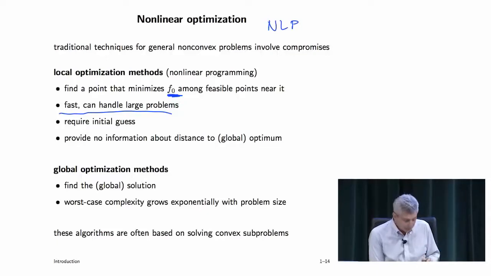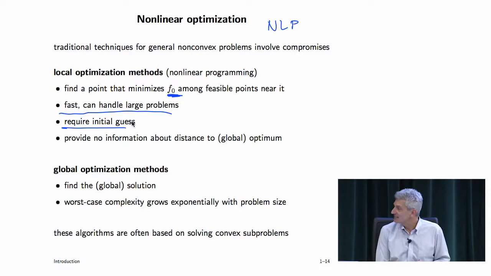Okay, and this is extremely successful. I mean, this can handle large problems. It can do all sorts of stuff. It can be fast. Unfortunately, what it requires is an initial guess, a good guess, right? So that's how that's done, and it kind of really turns it into an art, not really a science, which is great. So it's an art. And of course, when you do this, you're never really quite sure whether or not this is the best you can do, because you don't know.